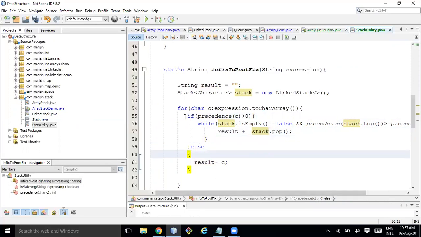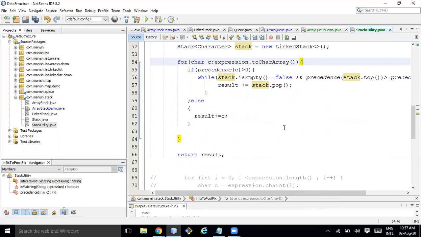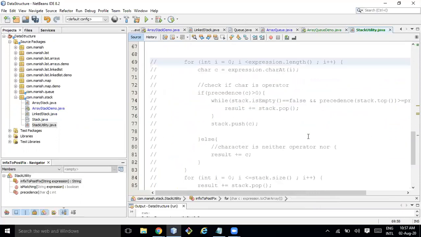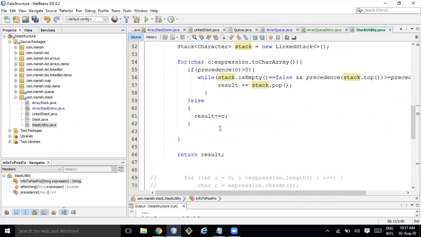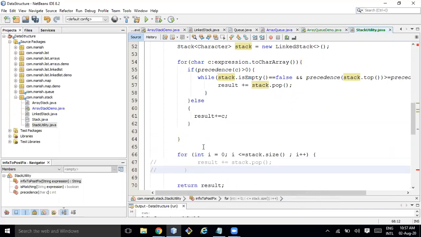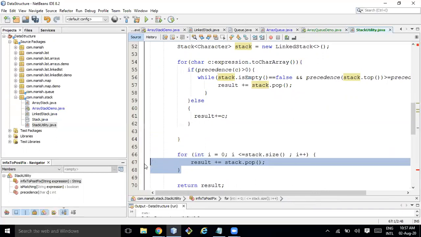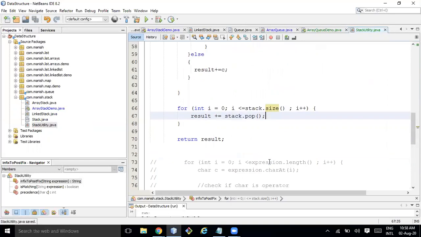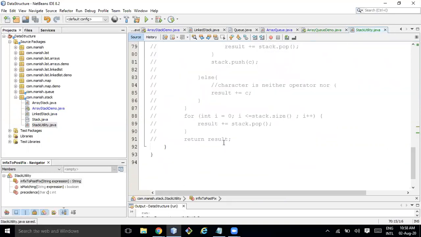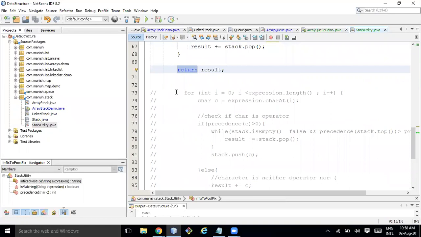And after this loop is over, we may have some elements left in the stack. So after all elements are over, I'll check the stack size, and I will pop all the elements and paste them into the result. Okay, that's it, and we'll return the result. It's over. So this is the algorithm.